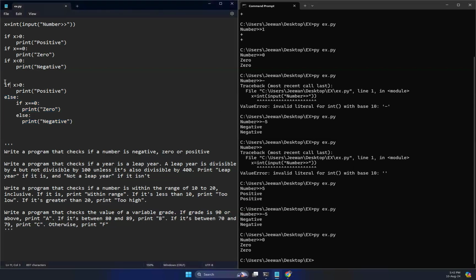Twice. Why? If it is 0, it will check this condition. If this is false, it goes into the else. Again, there's another if condition, therefore it will be checked. If it is 0, then it will be checked here. Then if it is a negative value,